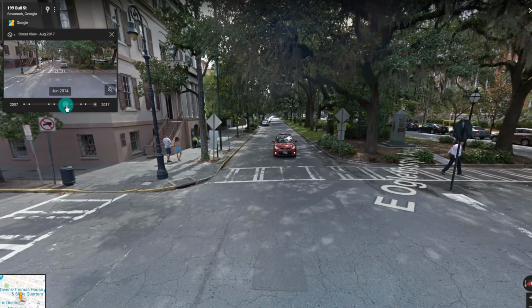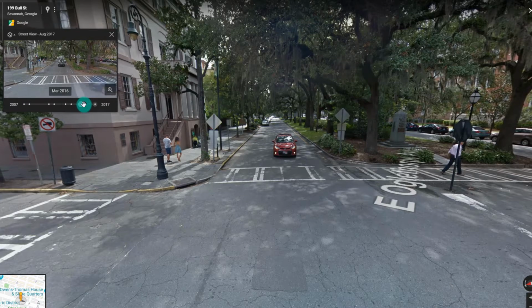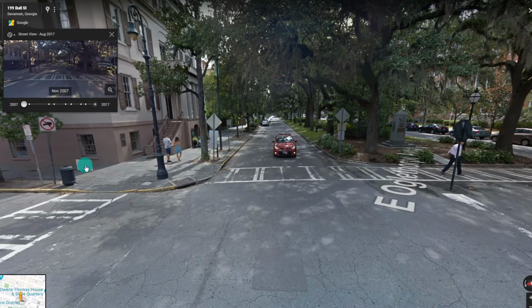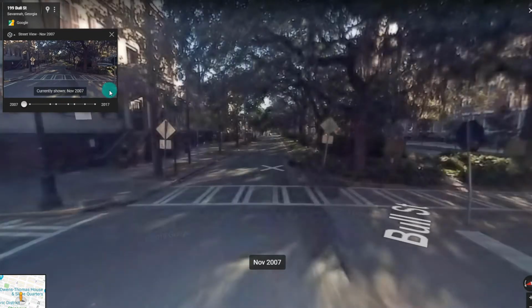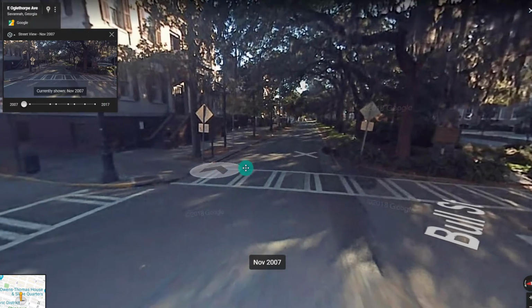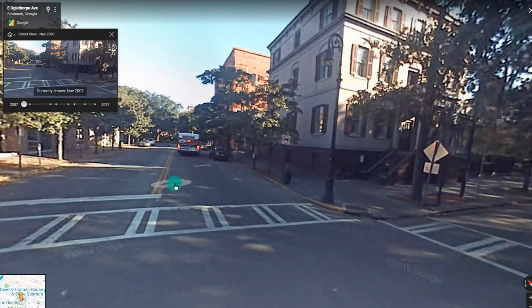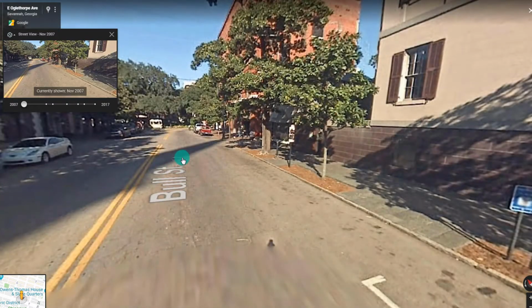It would show me what it looked like in 2014 and 2016, that kind of thing. Currently showing is 2017. So I could go back and change those to where now it's changing me to let me see what it looked like in 2007. Now, obviously, most things, some buildings are not going to change very much, but that might be a cool tool